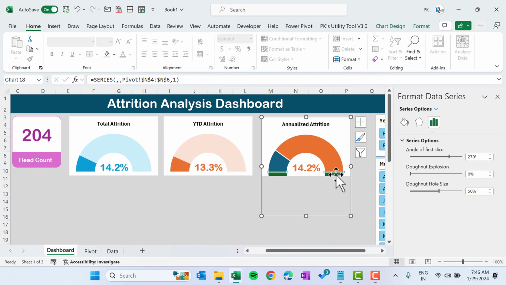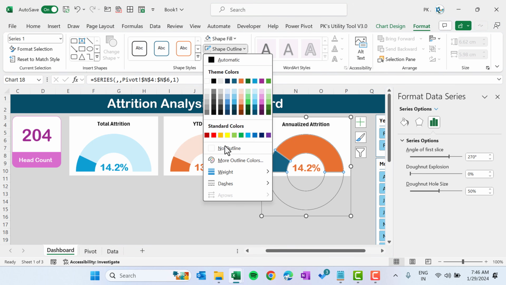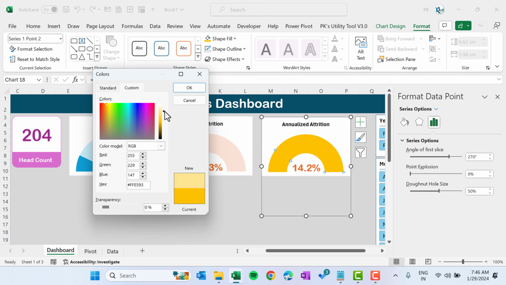So select only this green one, go to the format and take the shape fill as no fill, select the donut shape outline as no outline. Now select this small one and take this color, and select the bigger one and take the same color, then go to the more fill color and we will make it lighter color using this. Click on OK,